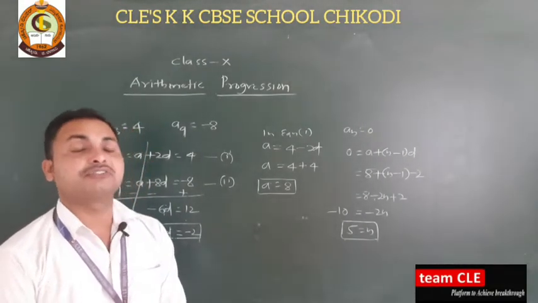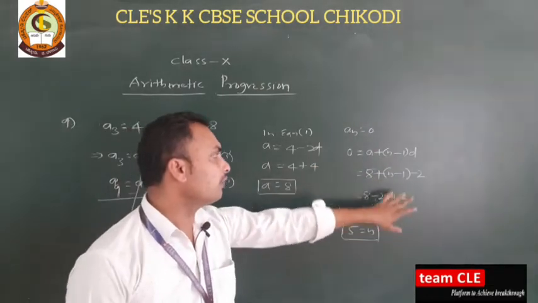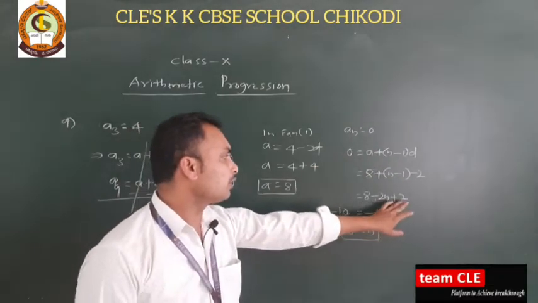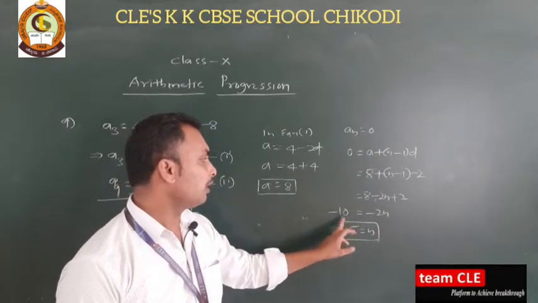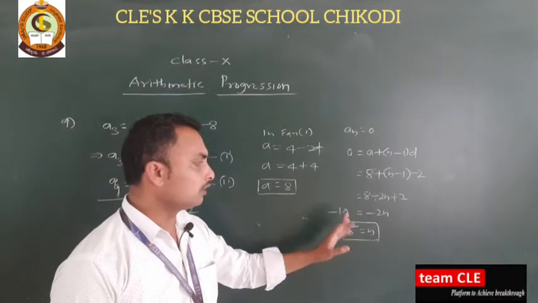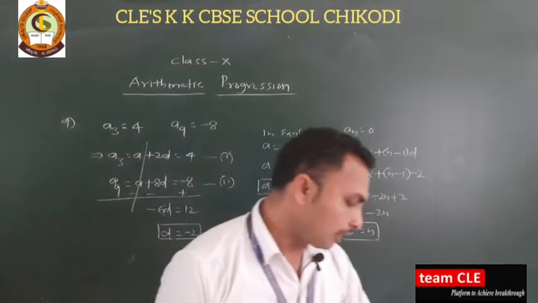We need to find which term is 0, so that's why we have taken An is equal to 0 and substituted all the values. 8 plus 2 is 10, we transferred this to this side, so minus, now minus 2n, minus minus gets cancelled, so 2 fives are 10. Its fifth term is what? We can say 0. Next,